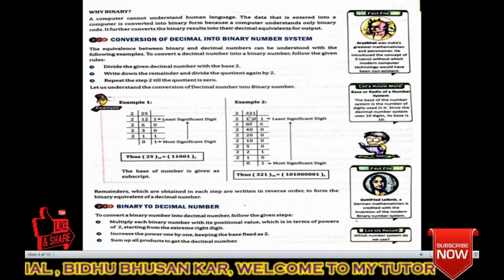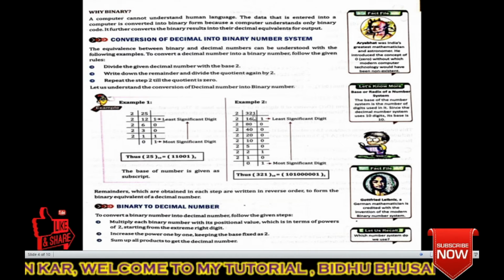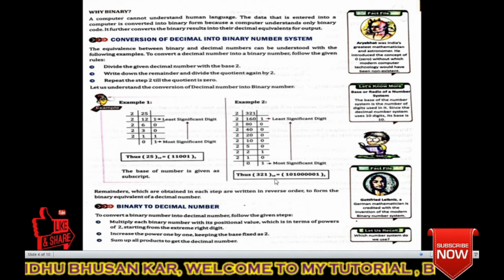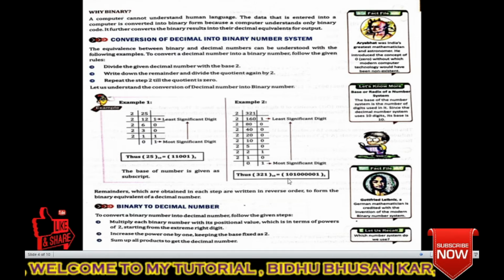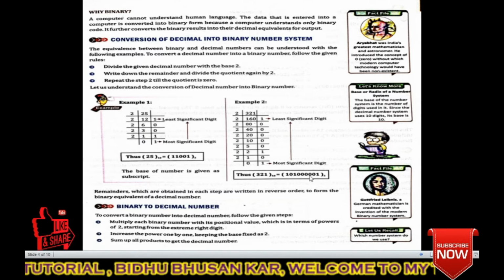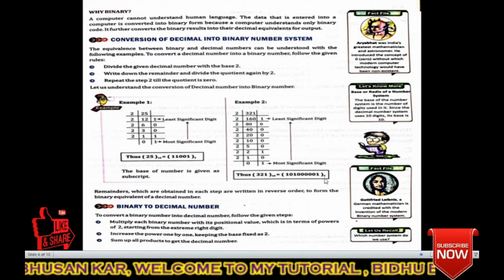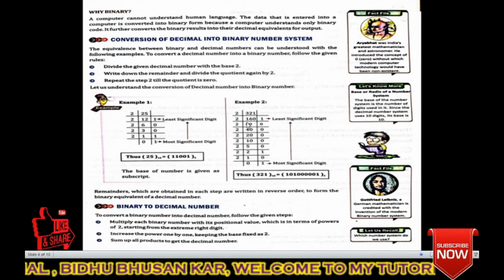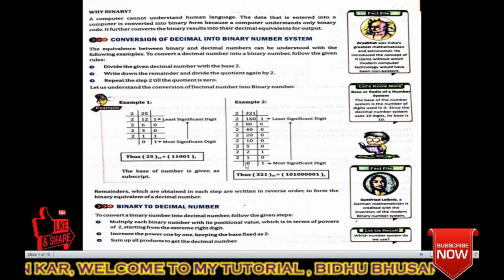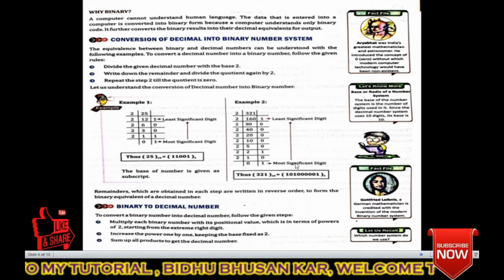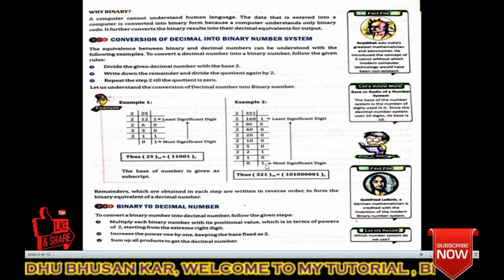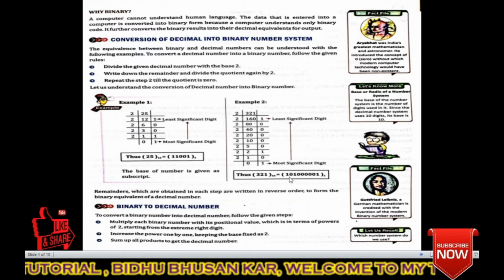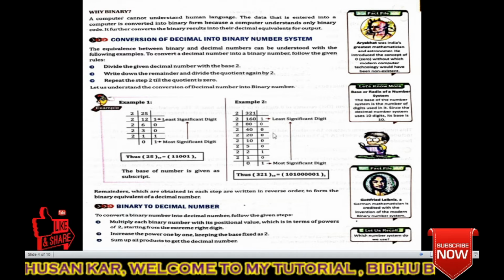Suppose we write 321 and its base is 10, the computer will convert 321 to a binary digit, meaning 101000001 with base 2. You have to just find out the LCM. Understood or not? This also goes from MSD to LSD, the digits are written like this, 101, then 0000001. See, 101 from bottom to top, not top to bottom.